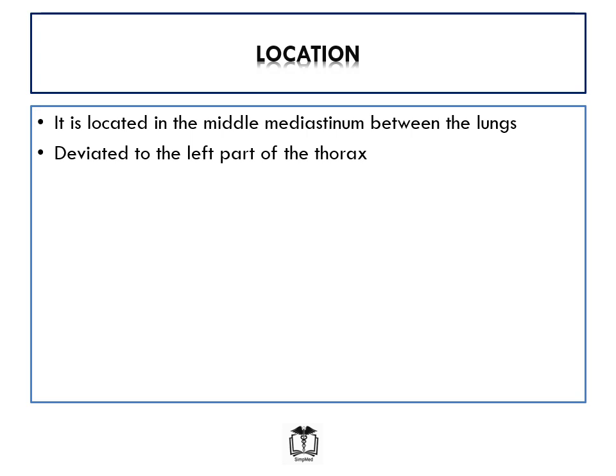The heart is located specifically at the middle mediastinum between the lungs. It occupies a large chunk of that particular space, and it tends to, however, deviate towards the left part of the thorax. So the heart is not necessarily found centrally in the thorax, although it's found in the middle mediastinum, but a large chunk of the heart tends to be more towards the left of the thorax than towards the right. And as a result, we have the heart impinging on the left lung, thereby causing a bit of impression